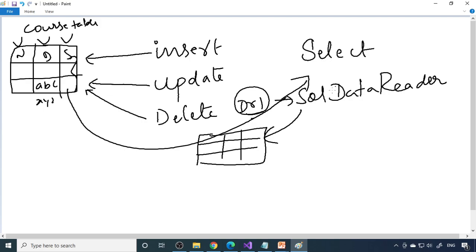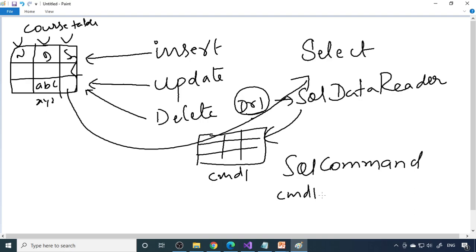So SQL command is to execute the command. Any command, this, and this, and even the select statement. But in these three cases, we can say execute non-query. So if cmd1 is a SQL command, then you can say cmd1 dot execute non-query.